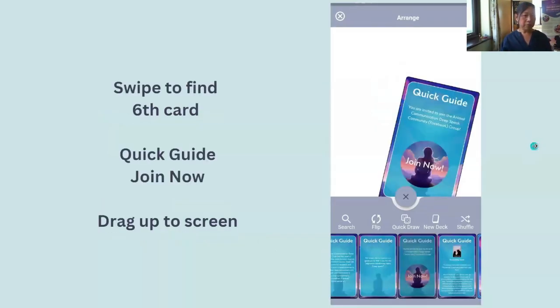So then what you want to do is I want you to find the 6th card where it's called the quick guide and it says join now. Can you see it? Drag it up to the main screen because I want to show you how you can